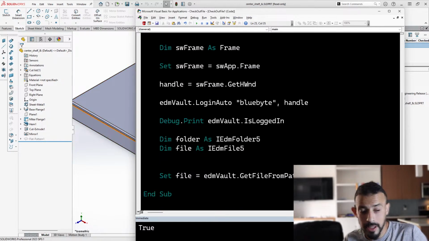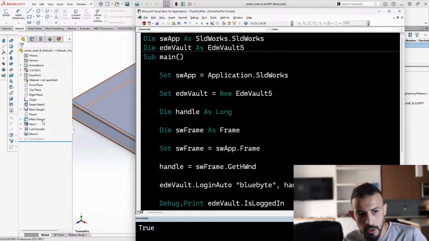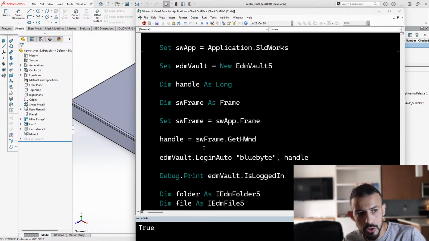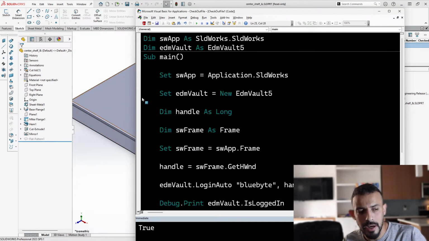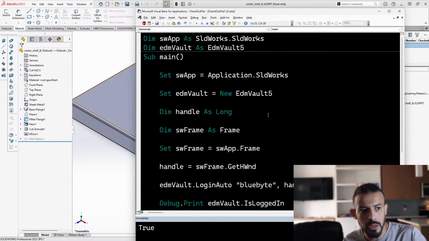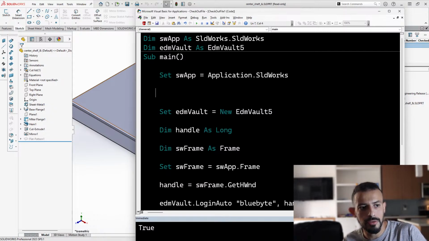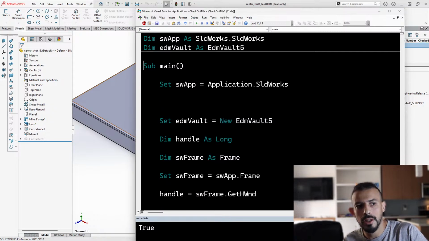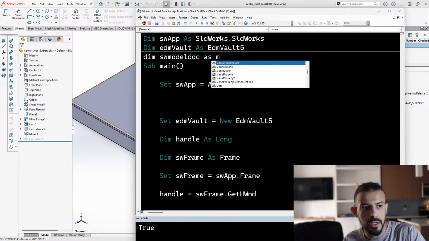Now I need to specify the complete path to my file. I could hard code that, but I could also leverage the SOLIDWORKS API to get the full file path of the open document in my SOLIDWORKS session. How do we do that? Well, let's go all the way up to the start of our subroutine here, and let's define a new variable called SW model doc as model doc 2,